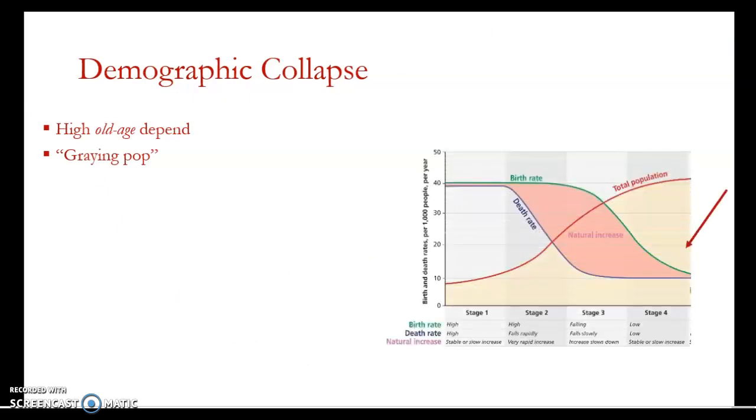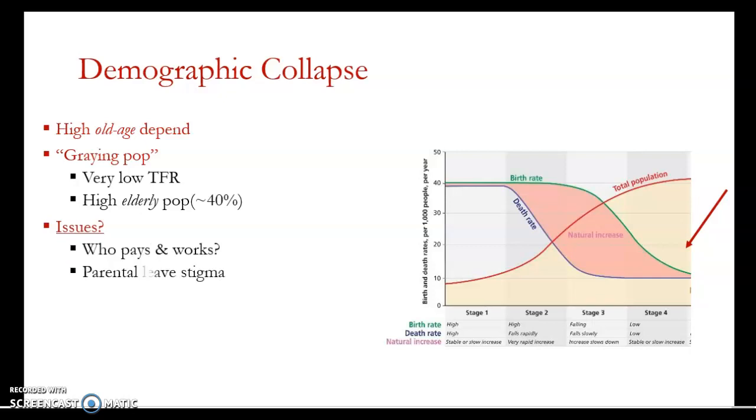And what happens at the end of stage 4 is the potential for what's called a demographic collapse. This is when our population ages in place, becomes older, and has a low fertility rate, and that higher elderly population becomes increasingly difficult to support. In countries like Portugal and Japan, we're seeing that they're disproportionately shifting into ages 60 and up. So we don't have as many people paying into the system like we did in the US in the mid-1900s, and we don't have as many children being born.